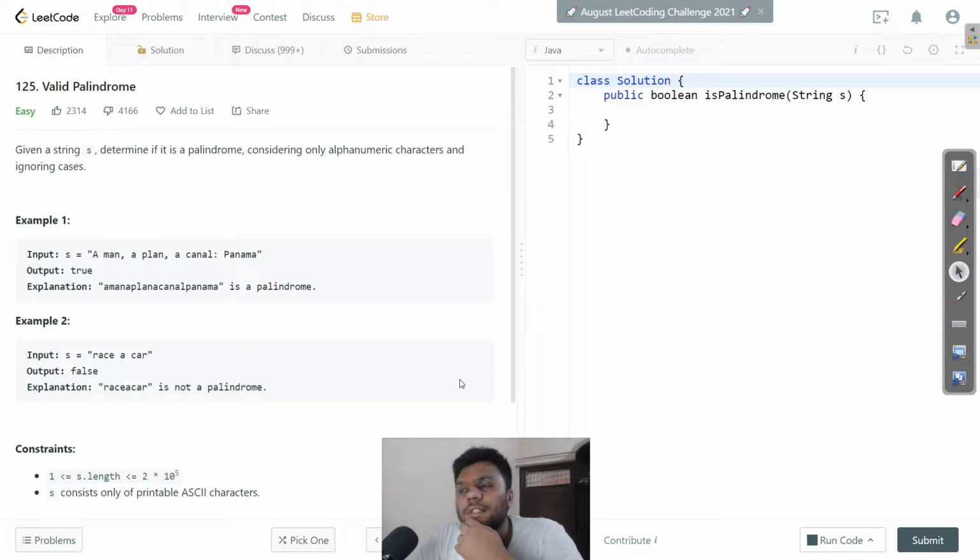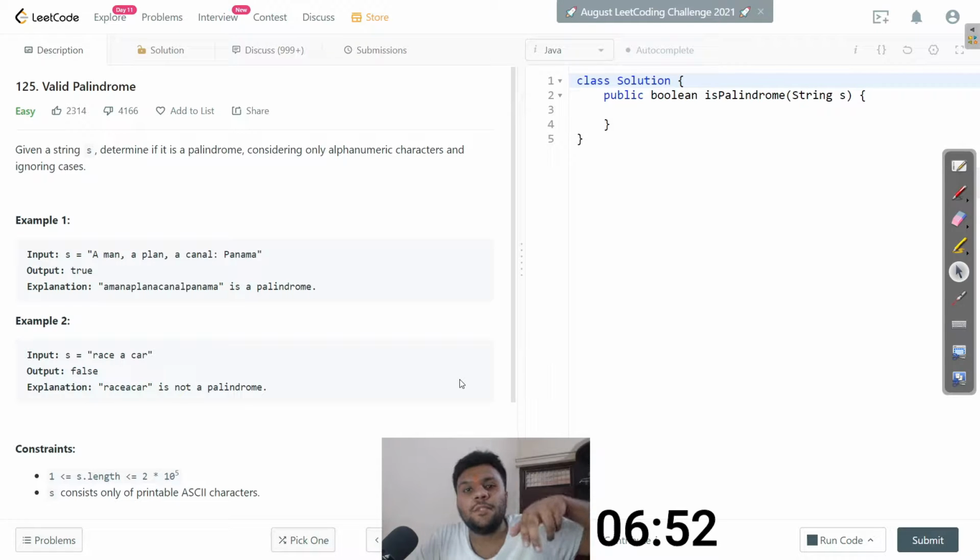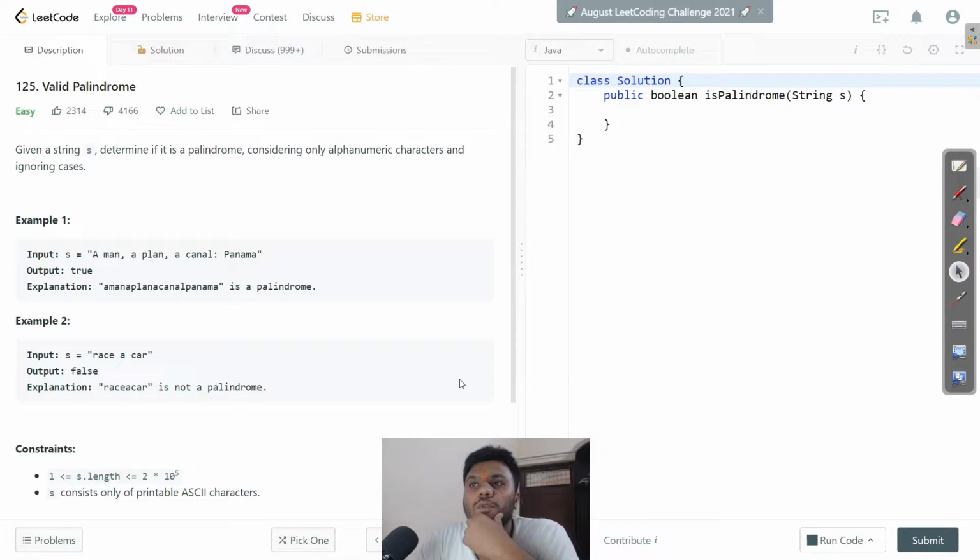What do I mean by saying this? I will show it to you first in the brute force way and then second in a good optimal approach. If you want to go for the optimal one, you can see the timestamp and go directly there. But if you want to see the complete question, that's literally good for you guys. Alright guys, so let's move to the question.